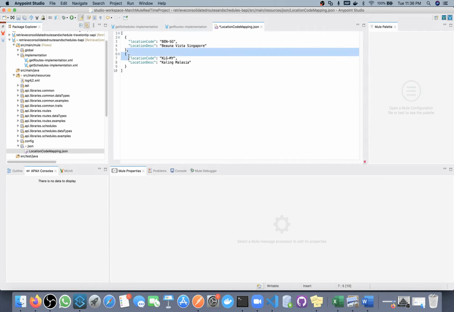Then again we have KLMY, which we are assuming we will get from a different external system, and that will also represent KLG MY.